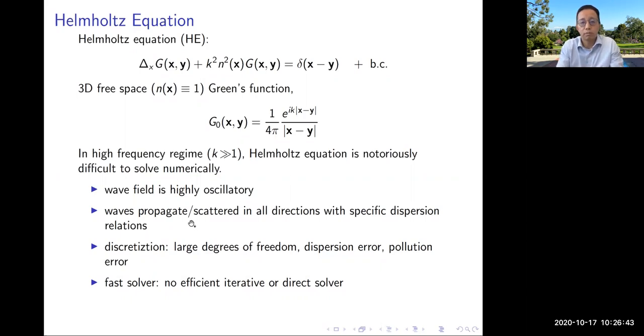The wave is like a singular thing. It's not like diffusion, where everything is just a bump, like a Gaussian, that decays. Here, there are certain directions in which things propagate. And if you do 2D and 3D Helmholtz, these directions are infinite, on a circle or on a sphere. So it's not just two directions as in 1D; there's no geometry there. There's a lot of singularity in geometry. And when you're talking about discretization, you have to deal with a large degree of freedom, whether that's necessary or not.